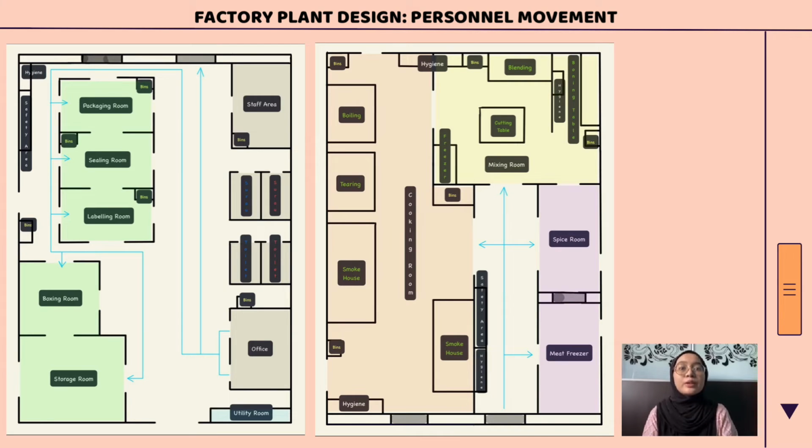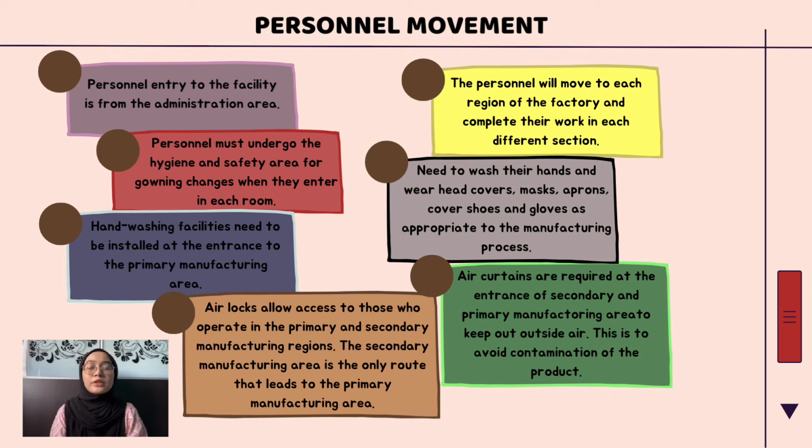If you can see the blue arrows in the pictures, the movement starts at the administration area, which is the office. Personnel entry to the facility is from the administration area after they punch their card. The personnel will move to each region of the factory and complete their work in each different section. Before that, the personnel must go through the hygiene and safety area for gown changes when they enter each